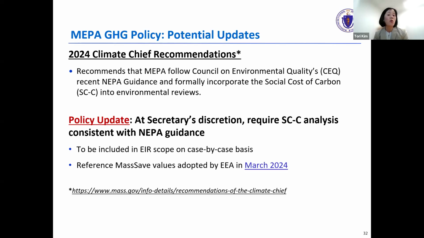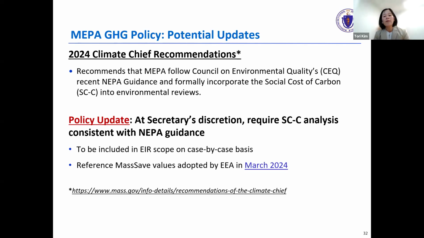So it's more of an indirect impact measure as opposed to a direct measure of greenhouse gas emissions. So again, this is very conceptual, but the policy update would simply say that at the Secretary's discretion, a social cost of carbon analysis could be required consistent with NEPA guidance, and it would be required on a case-by-case basis.